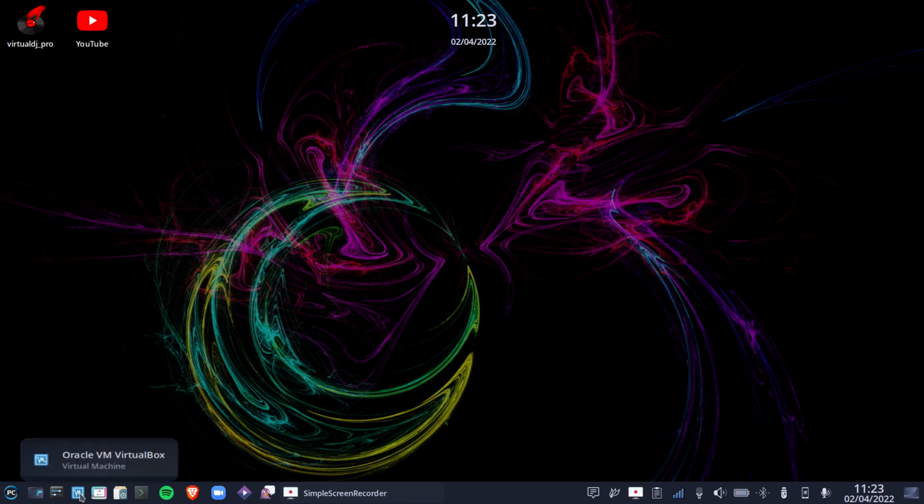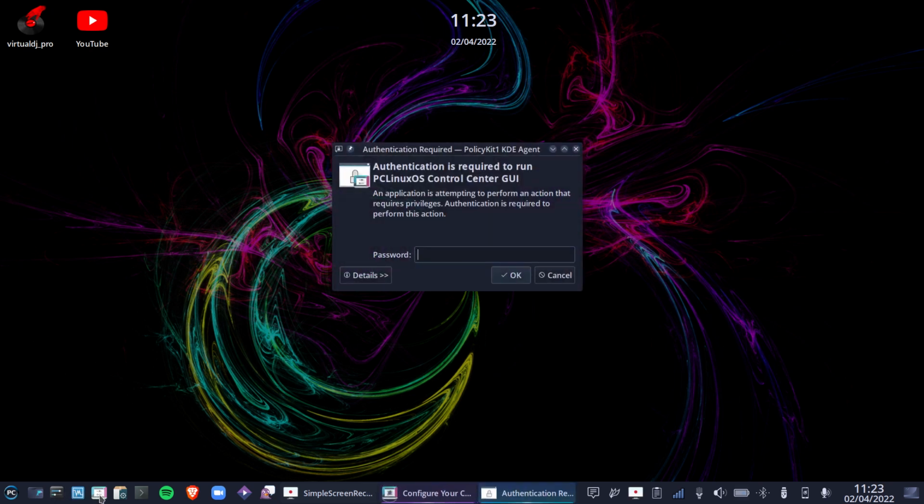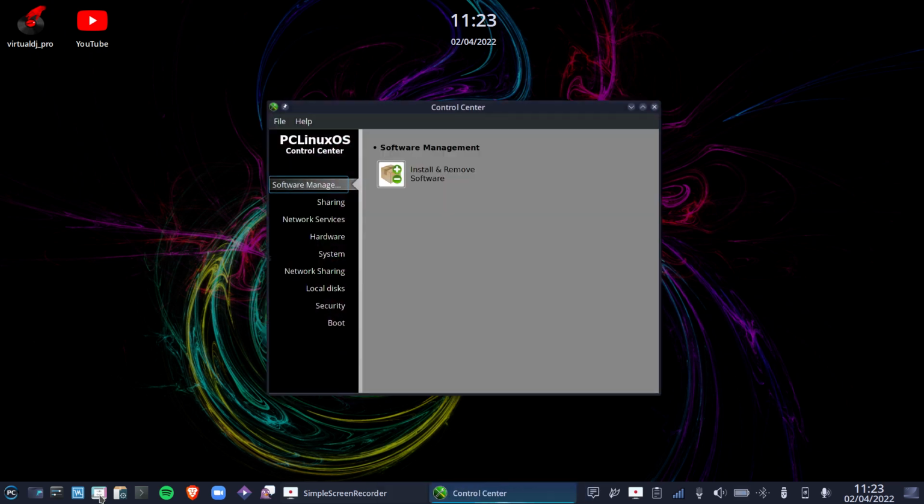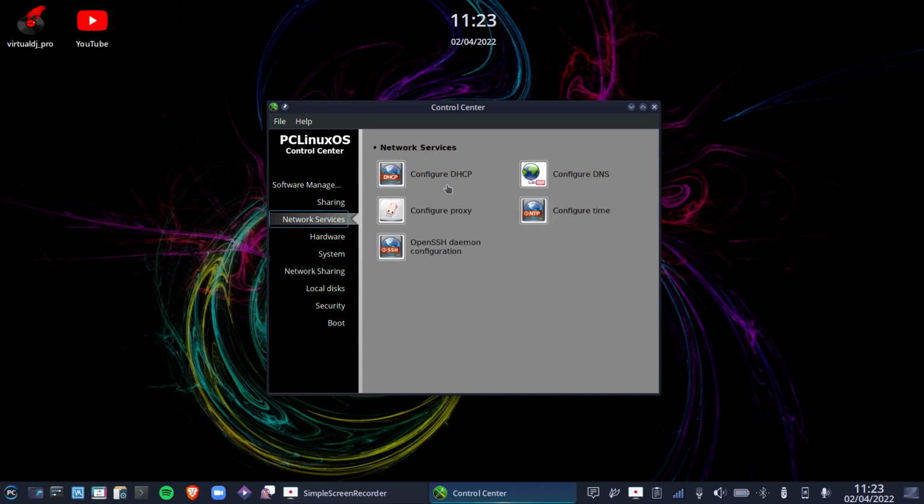If I want to do most jobs that a lot of people would need a command line for, I can use the control center here to do it. Other distros have their own little control center. SUSE uses YaST2, for instance, and so on. Where I can install new software, which brings up Synaptic, I can configure FTP, configure a web server, network tools, configure DHCP, DNS. All this is server side, by the way, rather than